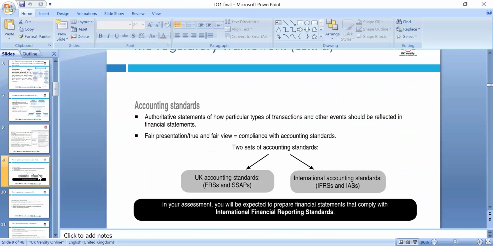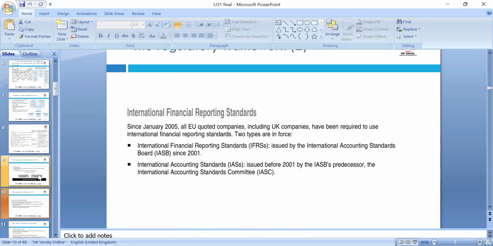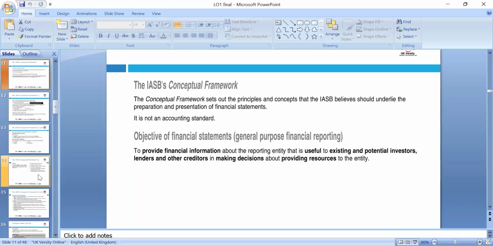We have to look at whichever you follow, either local or international, and normally we go more towards the local standard; the international standard is embedded in a way and looks quite similar. International Financial Reporting Standards, the International Accounting Standards Board, the International Accounting Standards Committee, and the legislation and regulatory bodies. Okay, so the International Accounting Standards Board conceptual framework sets out the principles, the coherent beliefs which should underlie the preparation and presentation of the financial statements.